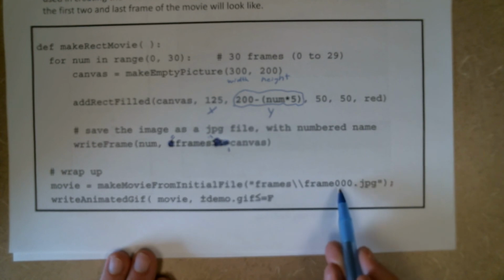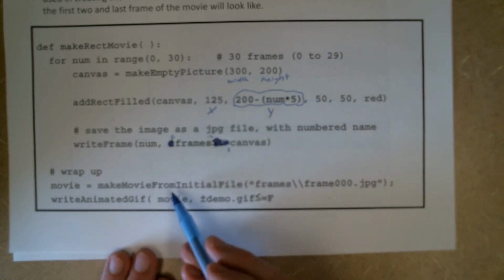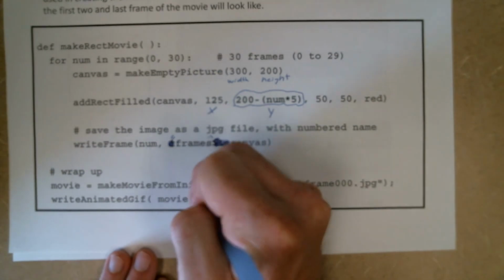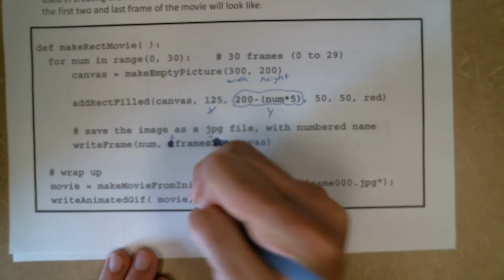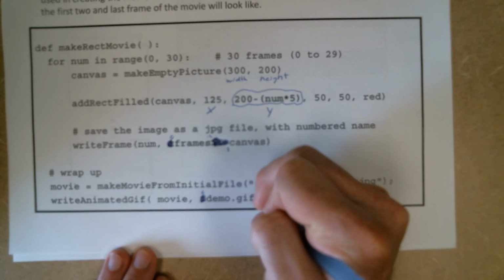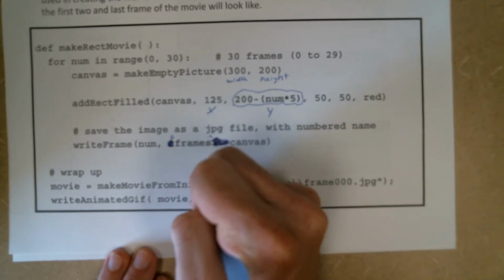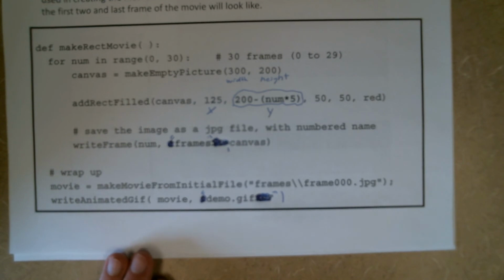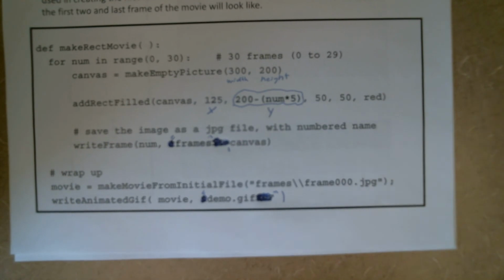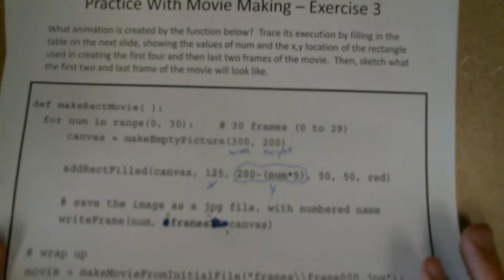This goes into our folder, gets the pictures, creates the movie object, and then we write that object to an actual file that can be opened and shared and sent to anybody with your own little animation there. All right, so we'll trace this, we'll think about what it's doing, and then we'll see if our tracing and